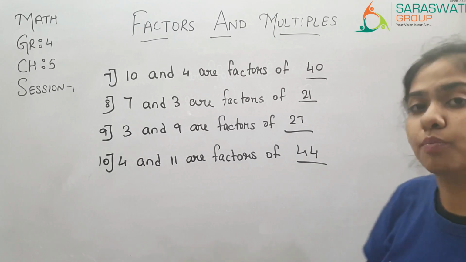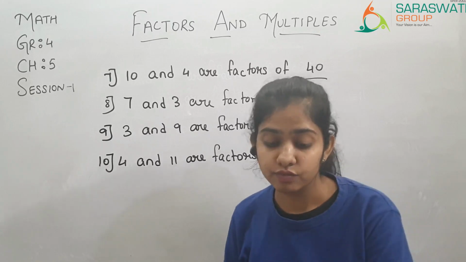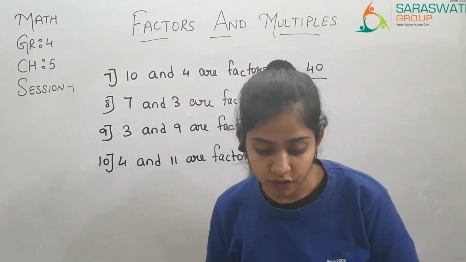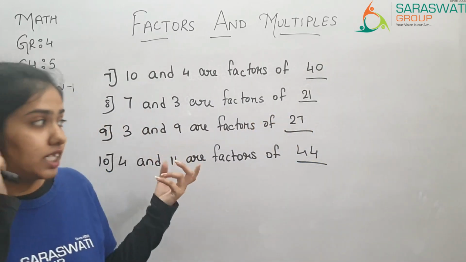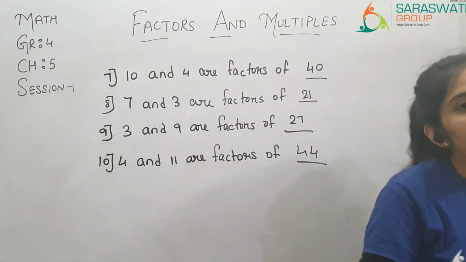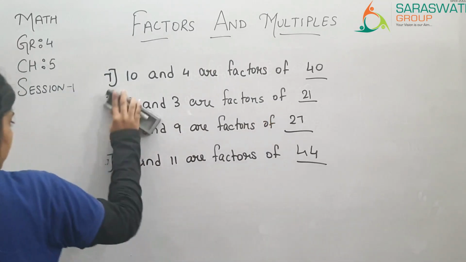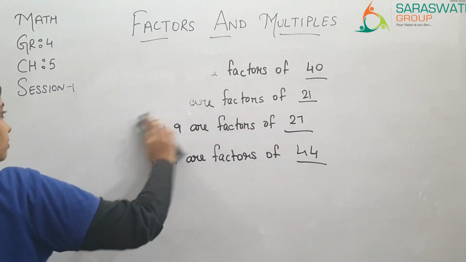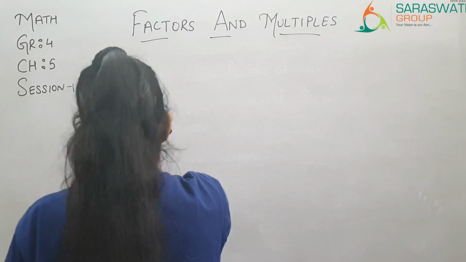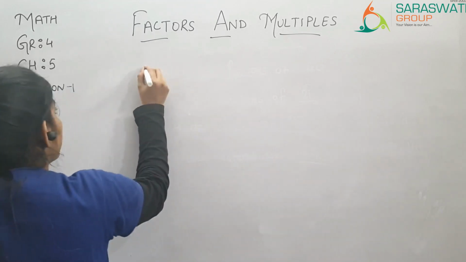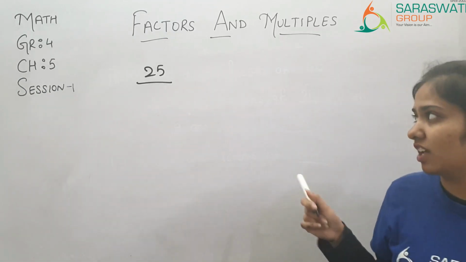Over here we have to find out the product. But it can also happen that you have to find out factors, right? Then you will be given a number, and you are supposed to find out the factors of that number. And how will you do that? As I have explained to you, if 25 is the number and you are supposed to find out the factors of 25.